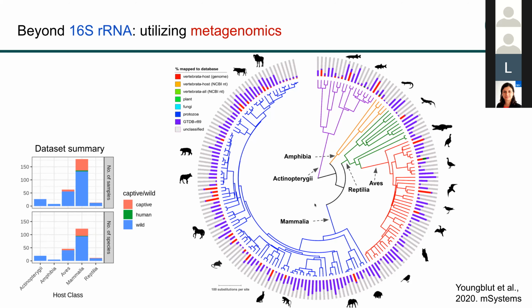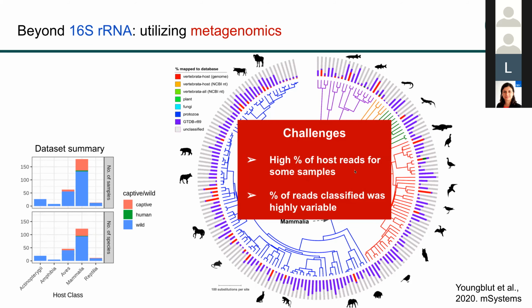For some animals, we were able to classify quite a lot, and others not very much at all. So this is a big challenge for us: a lot of host reads for some samples, and high variability in the percent classified as bacteria and archaea. This lack of reads classified indicated a lot of novel microbial diversity that could be obtained using